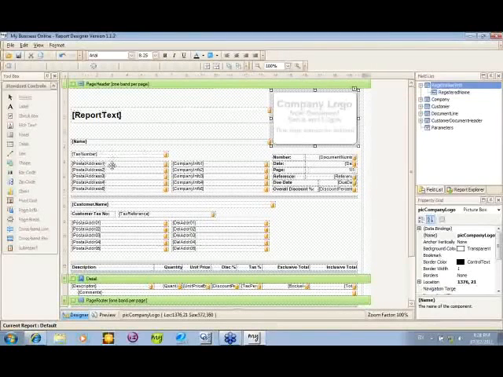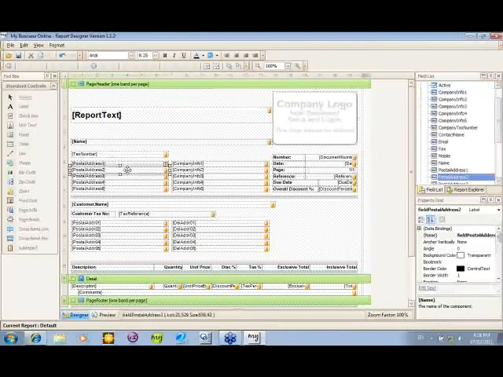Now looking at the layout itself, notice how I've highlighted the postal address number 2 field. Notice how on the right hand side of each field there's a little orange container. That container is what we call a database container field, which means that Pastel will pull the information through